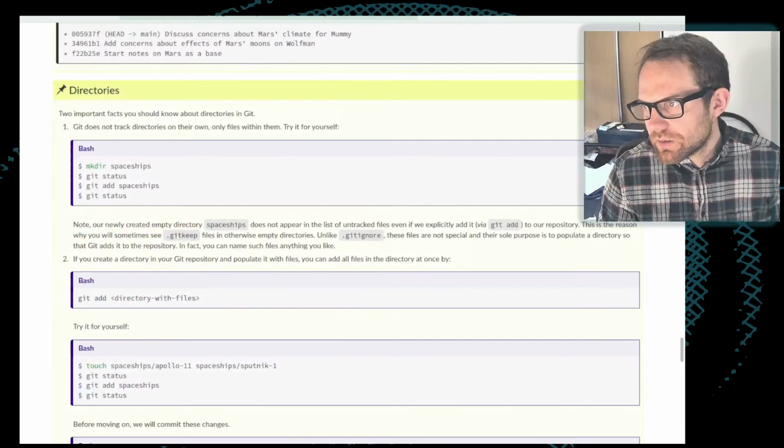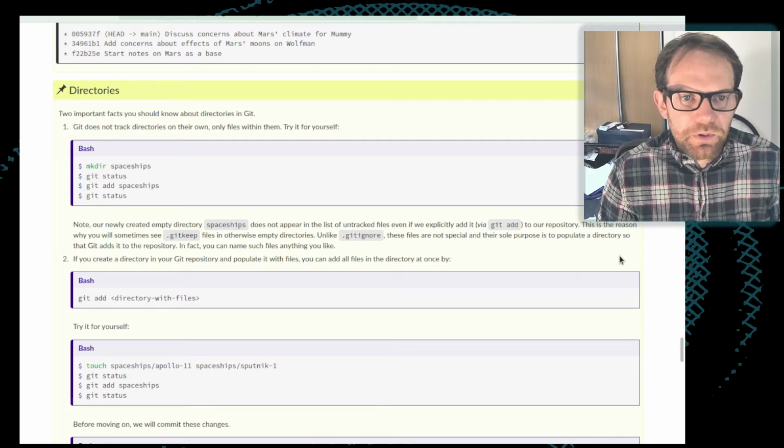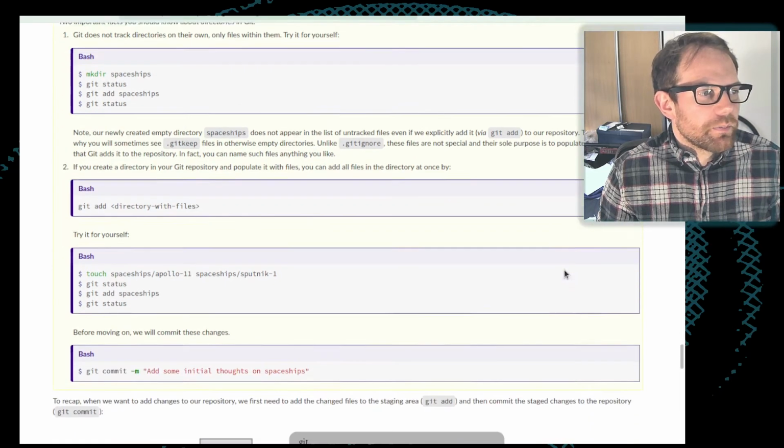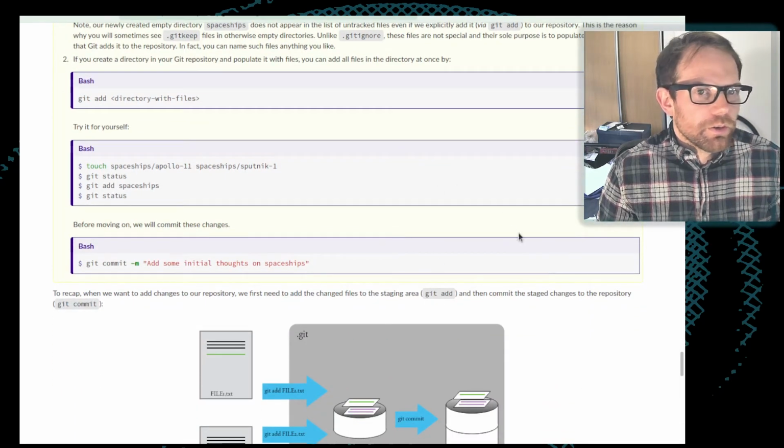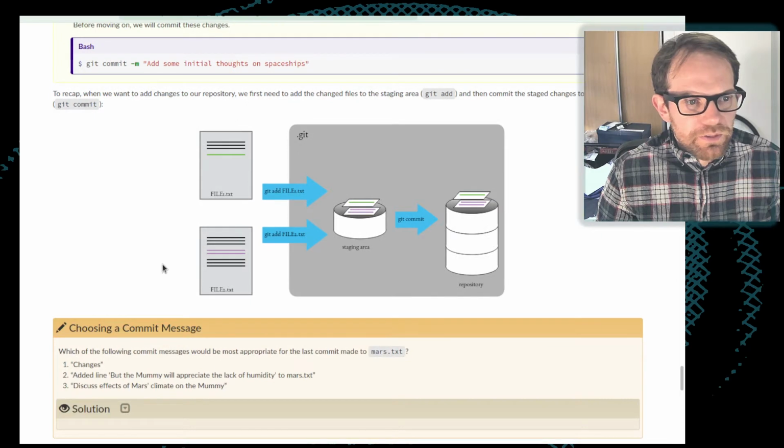That is basically how we deal with directories. If you have files sitting in the directory, you can just add the files to the repository and Git will automatically add the directory which those files are sitting in as well. So again, they've got this example of adding a spaceship to this Apollo 11 spaceships directory, and therefore you can just add these things and run your commit for your initial thoughts on spaceships.